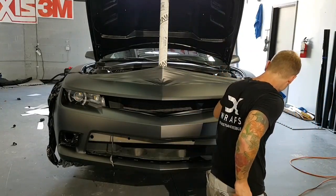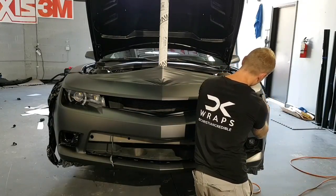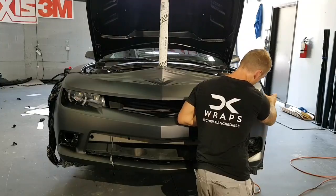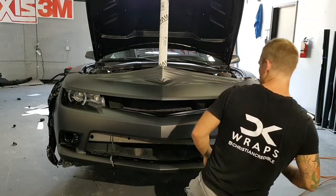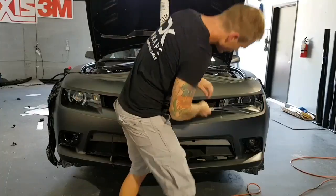So I'm going to put a relief cut right here in the space so that I can get the film down just a bit around the edge a little more. You can see that edge a little bit more clearly. Before I do anything, I'm going to just finish off this bit